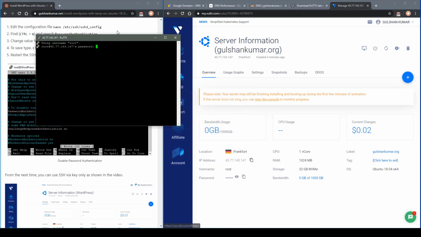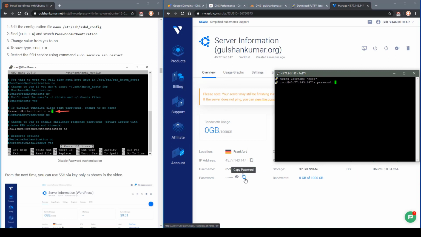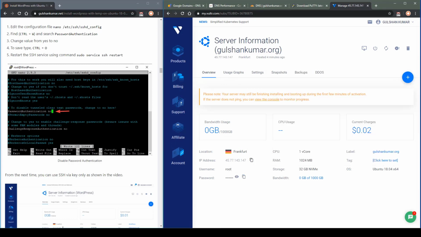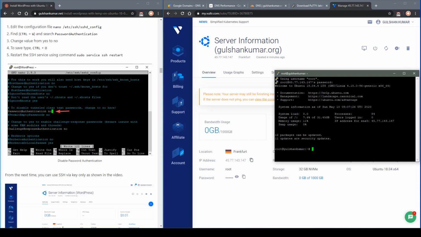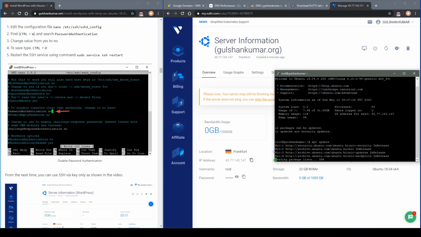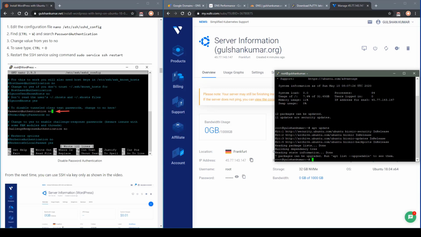First time you need to click on the Yes button and you can see that this is your password. So for the password, you can simply right click, don't use Ctrl V like in MS Word, simply enter, and I can see that it is logged in right now and I can check for updates. Normally you can sign in via